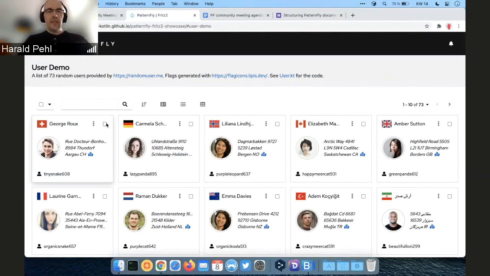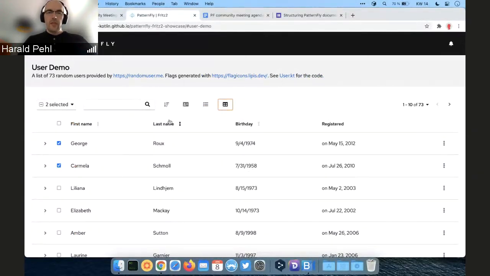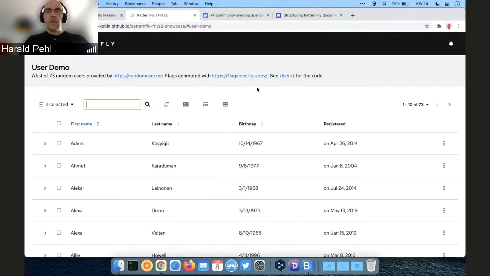So whenever I select something here, this is reflected in the other views as well, like in the data list and in the table. And the same goes for the sorting, for instance. So if I sort by first name, this should be reflected in the table list as well. The source code is linked here on the page, so you can take a look at that. And yeah, that's basically it.